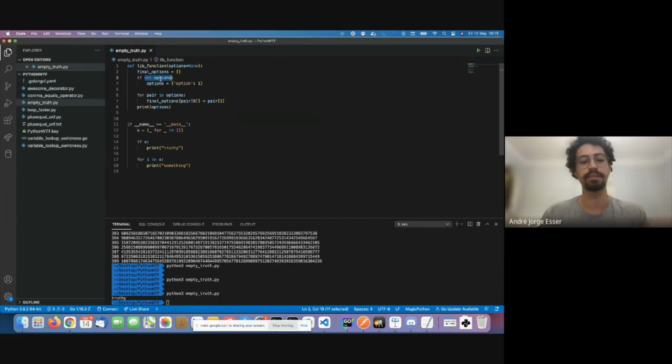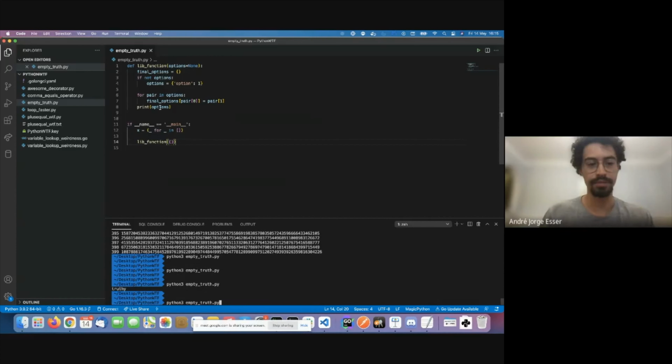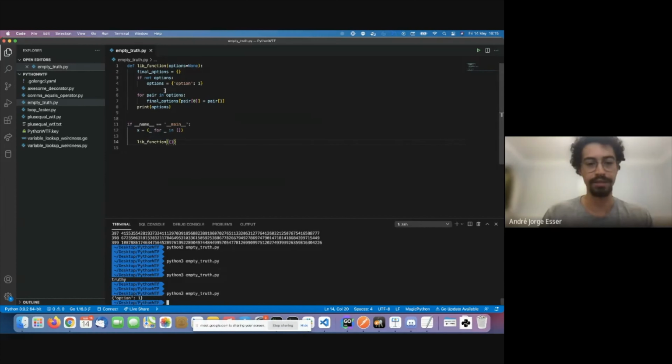And basically the idea is, the author of the video that I saw wanted to have the final options be empty, right? So if you were to call the function with what you want options to be, which is an empty dictionary, and I'm going to print options in the end, we actually get the default, right? Because an empty